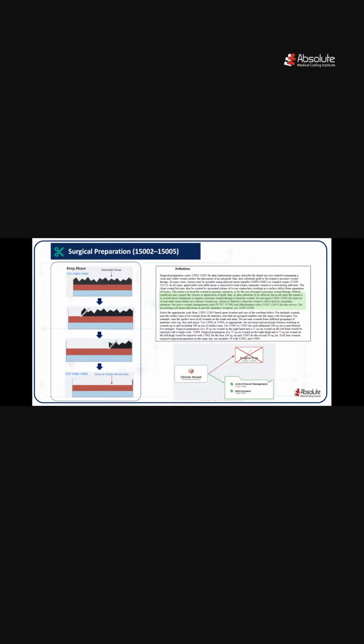Now, here is a key coding distinction. We should not use CPT code 15002 through 15005 when we are simply cleaning a chronic wound or removing dead tissue that is being left to heal on its own. Instead, you can use different codes depending upon the situation. So for active wound care, you can use the codes 97597 and 97598. For the debridement of non-viable tissue, you can use the debridement codes. As well as for necrotic soft tissue infection, we use codes from 11004 to 11008, all depending upon the